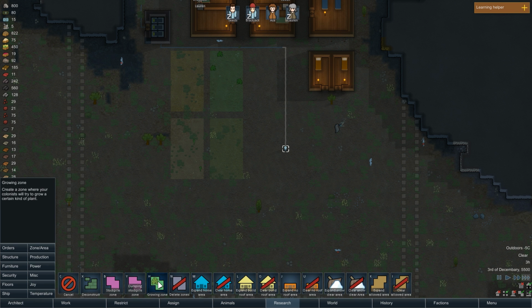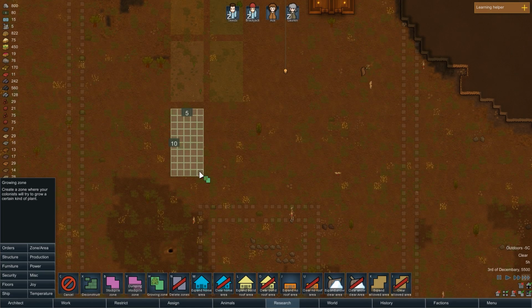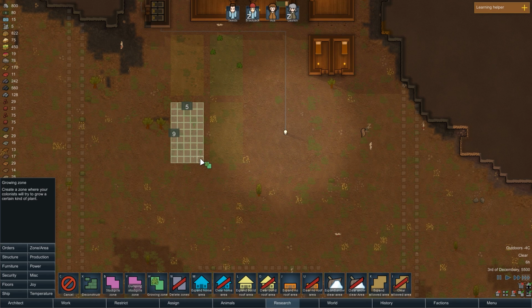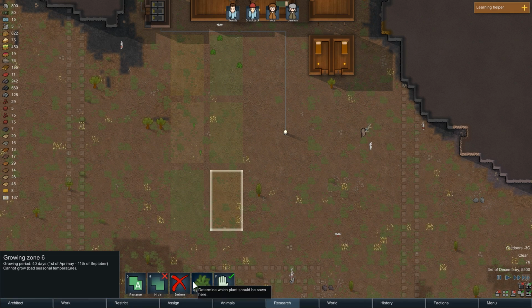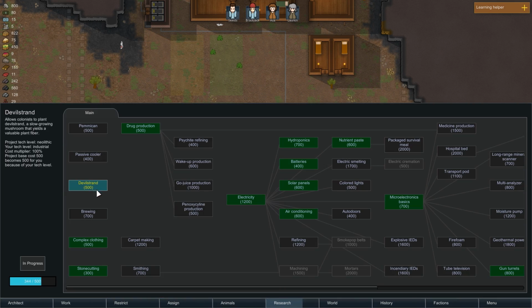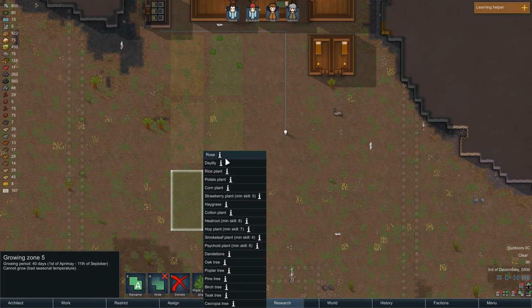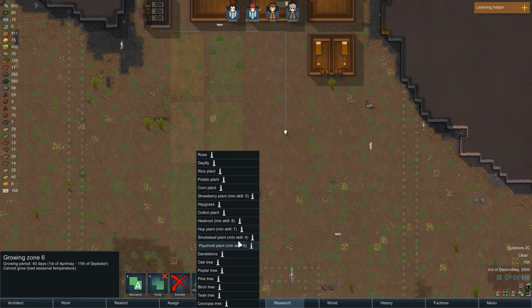We're also going to want to go zone. And I'm going to want to establish another growing zone, like right about... Well... Maybe just like right here. What were these? Five by... These are five by nine. So let's go five by nine. But we're going to say don't allow sowing. I want this one to be... Are we still researching? No, we learned how to make Devil Strand. Where is it? Is it not here? I don't know. Well, let's grow cotton. And then I think we should also grow...